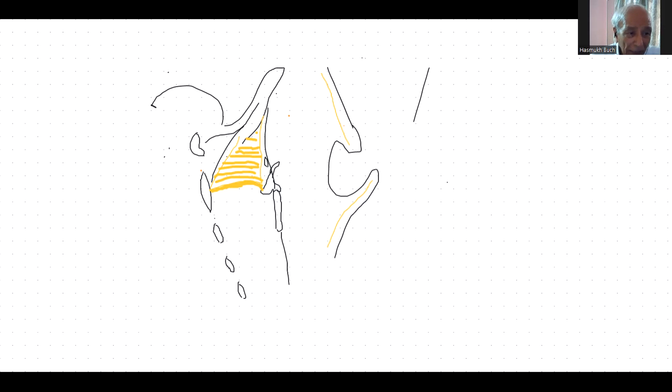Now I am putting another membrane, and we will go for the green color here. That membrane runs somewhat like this. Its upper margin is the vocal ligament going to the vocal process.